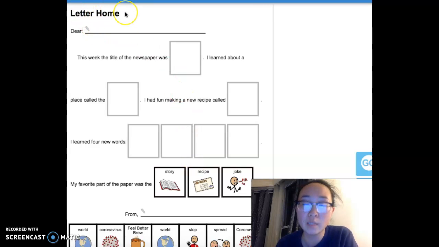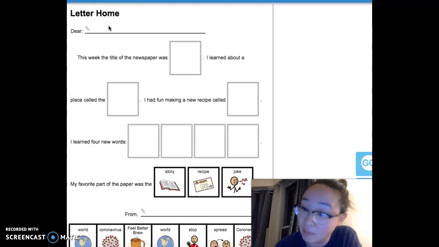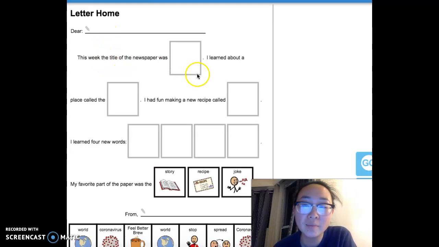So for our letter home today, we are going to be summarizing what we read this week. We are going to be writing to someone. Usually we write to mom because that's who everyone chooses, but you can decide if you want to write to someone else. You can even write to me, up to you. And then we are going to use the words down here to put into the correct places in our